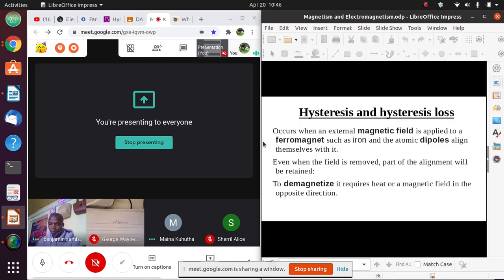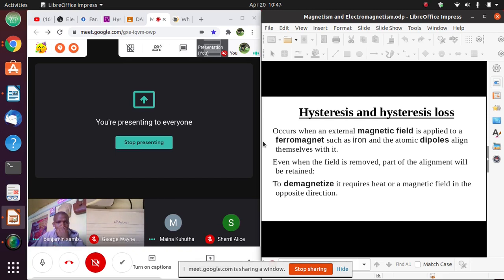I had given this as part of sijui kama ilikuwa ni assignment ama ni cut. Nikaambia using a diagram you explain the hysteresis loop. Now when I talk about hysteresis ni kama memory. A magnetic material ikiwa exposed to a magnetic field, once that the internal molecules ama the particles within that material zitajialign with that magnetic field, they will be facing in the same direction as the direction the magnetic field is going. Now when you remove that